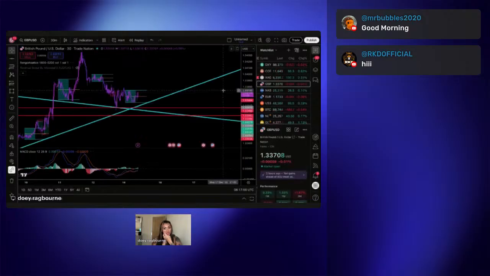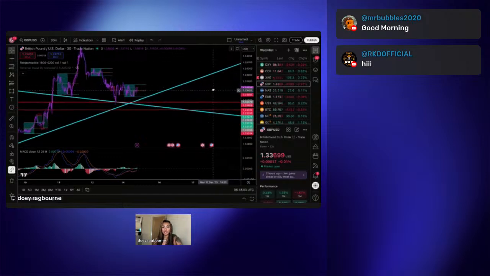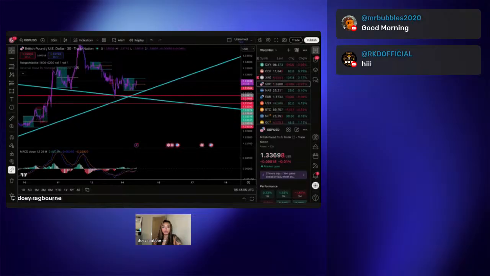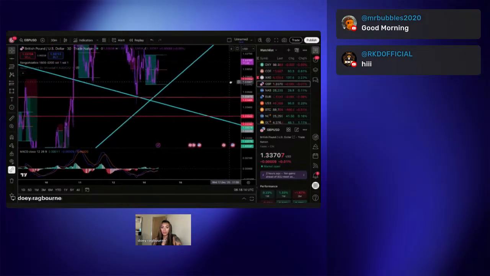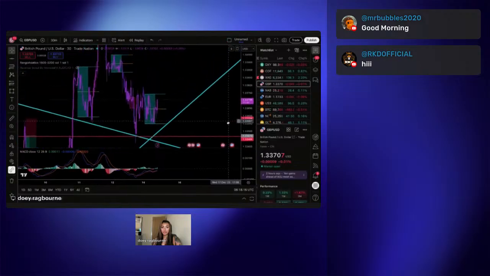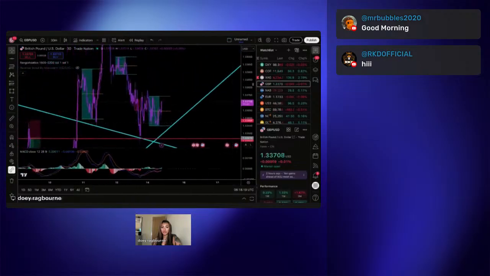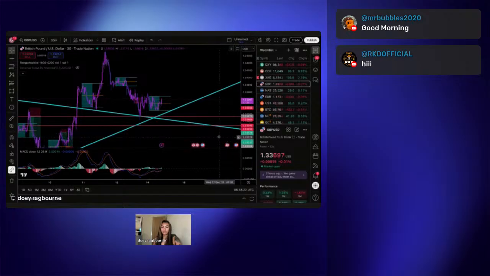Okay, so GU. This is interesting because GU and EU I usually find move very, very similar. But right now, the MACD is pretty much consolidating, so no real direction there. I would say I'm bullish. So I've got some areas below that I would potentially buy from, but if we do just move up, then